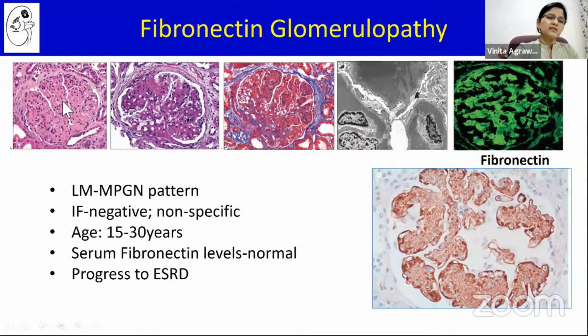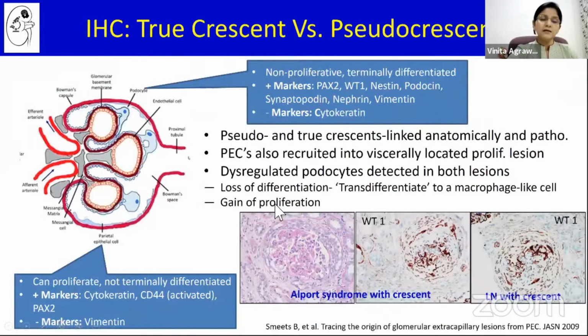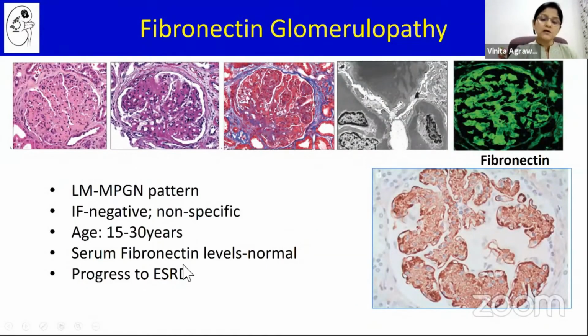It again presents as nodular glomerulosclerosis with an MPGN pattern. However, if you have a good MT stain, it lights up with the MT stain as fuchsinophilic deposits. However, on electron microscopy, it has a very variable appearance. It may just be granular deposits, or it may have a fibrillary deposit. And if you have a clinical suspicion and you do an immunohistochemistry or an immunofluorescence for fibronectin, it will nail the diagnosis because it is generally seen in a younger population, and it will be helpful to make an early